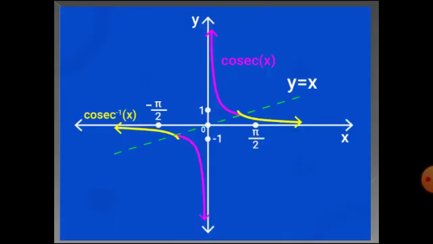This is nothing but the graph for cosec x and also cosec inverse of x. Both graphs I have plotted on this one single graph. So this is the trigonometric function graph for cosec x, and this is the graph of cosec inverse of x. While plotting both graphs, we can take the x-axis as angles and the y-axis as numbers.